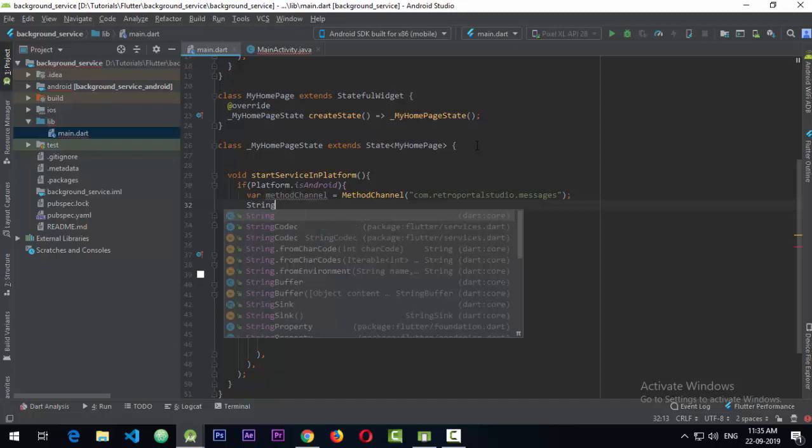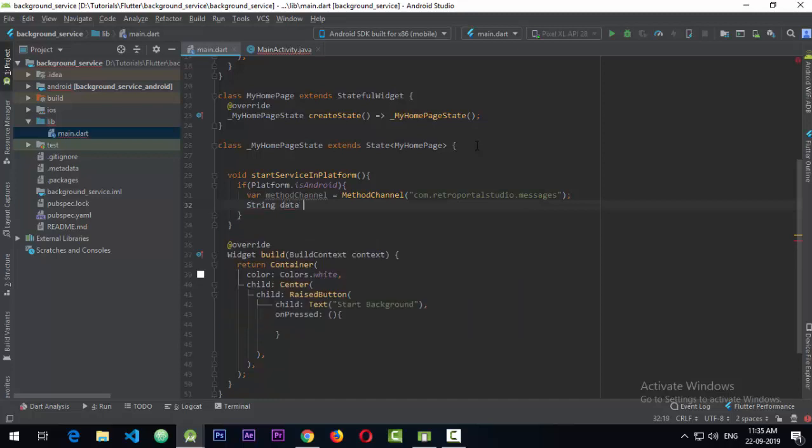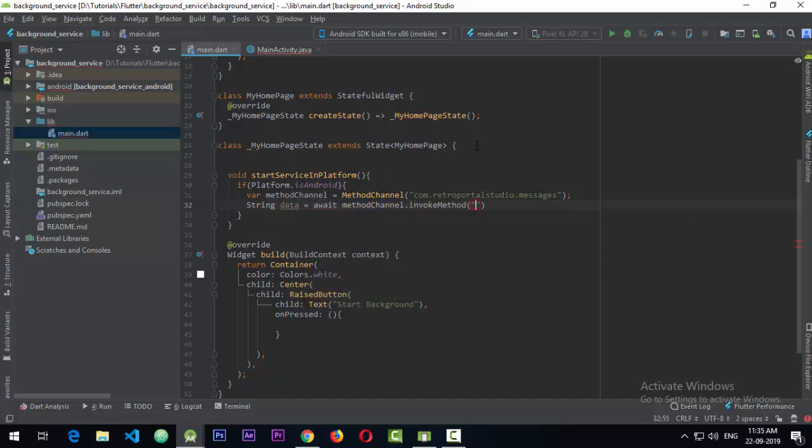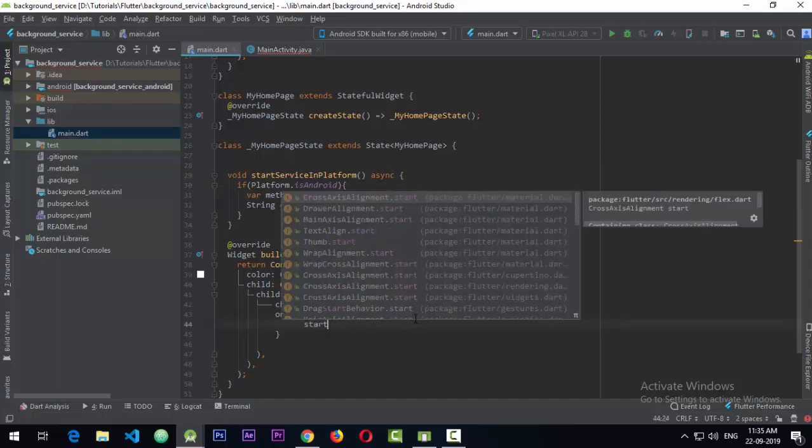I'll just create a string data. If we return some data, we want to do that is equal to await method channel dot invoke method start service. Okay, so for having the await, we want to make this method async. Yeah, so what we're doing here is, I'll just call this method here start service in platform,